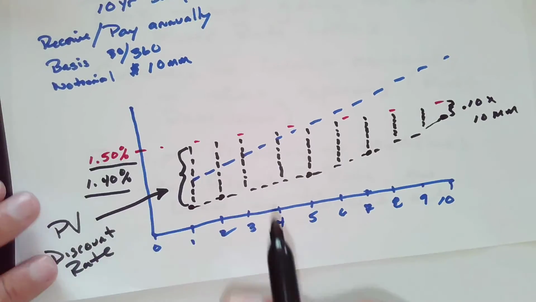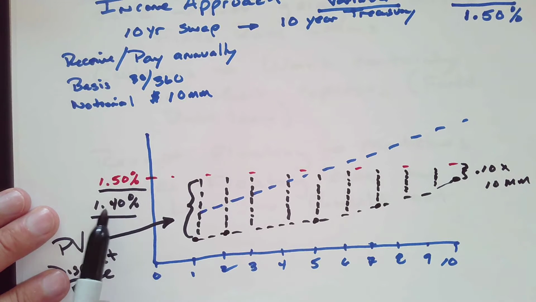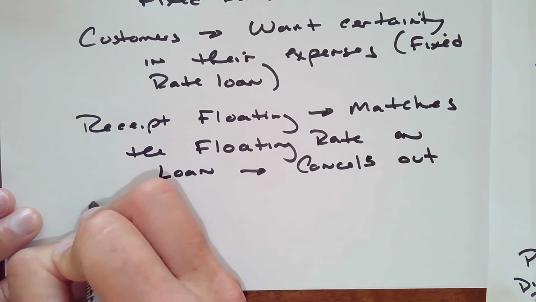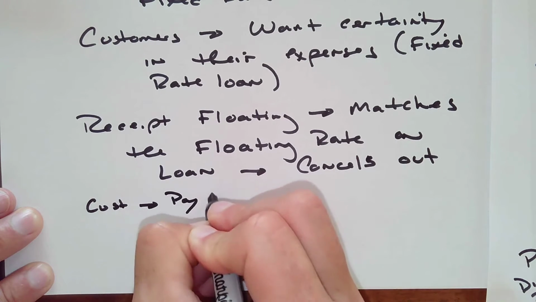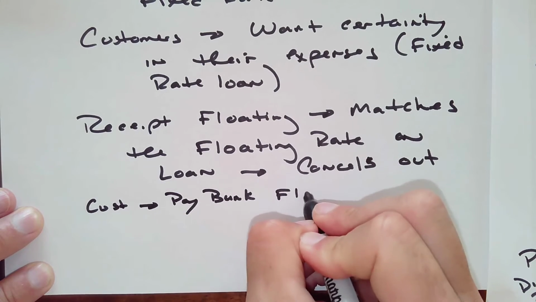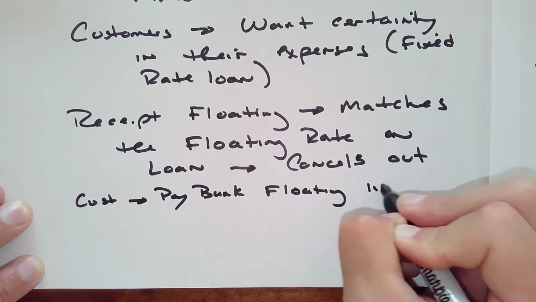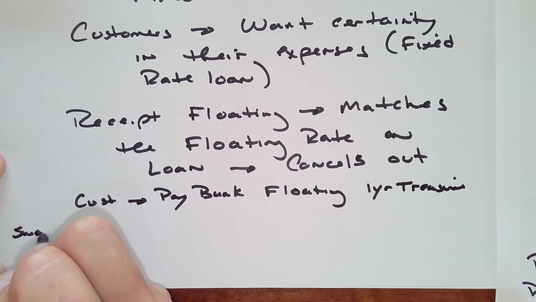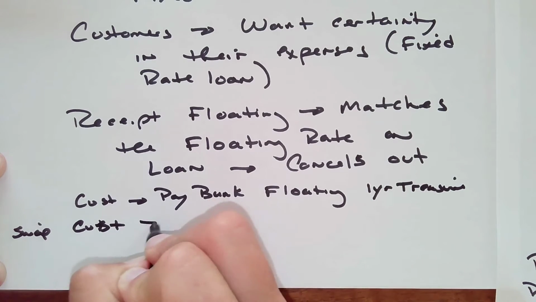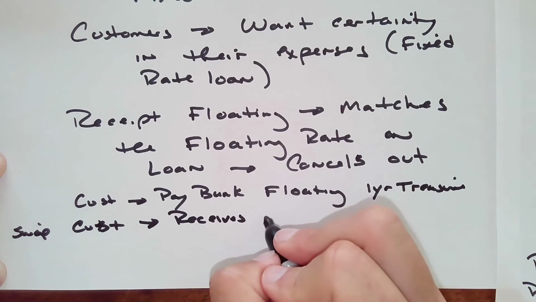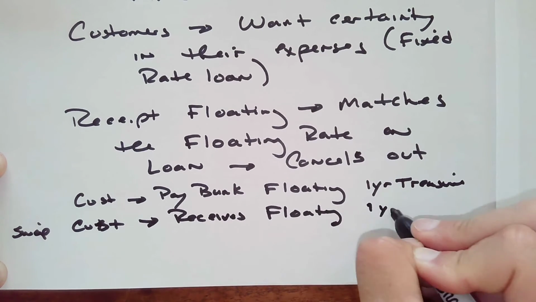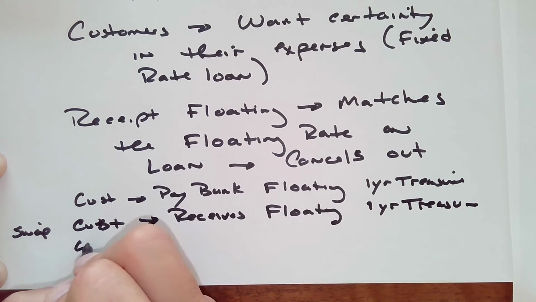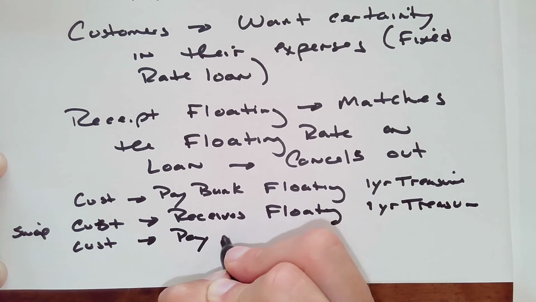So imagine, for the loan, we're paying 1.4%. There's a credit spread and all that, but just the piece that is moving is this variable piece. We don't care about the spread. So if the customer pays the bank floating, say the 1-year treasury, then when they get the swap, the customer receives floating, 1-year treasury, and the customer pays the swap company